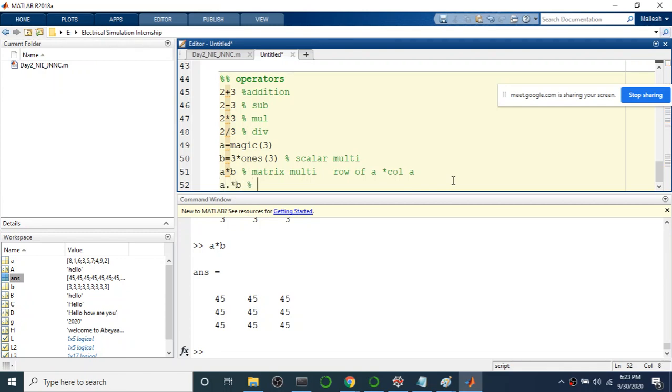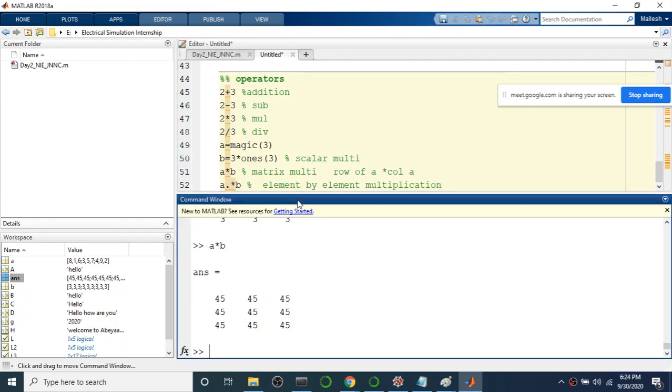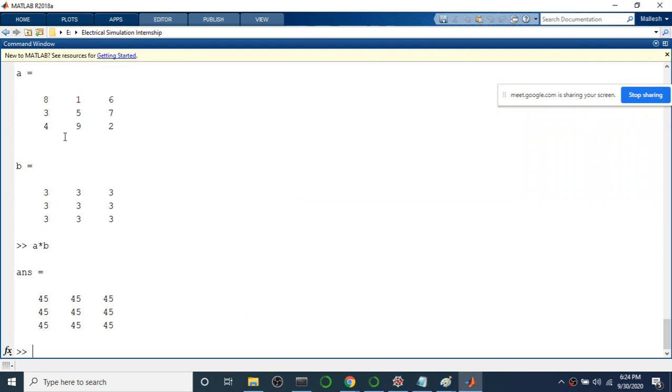Okay, so let's see another, A dot star B. So this is the dot product. What is the dot product? It is element by element multiplication. Here the dot indicates do the operation element by element. Normally in matrix multiplication, your first row into the first column of A will be multiplied and you will get a summation, and so on like that you will perform it.